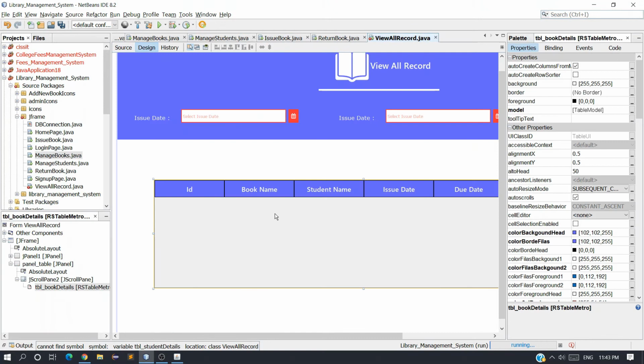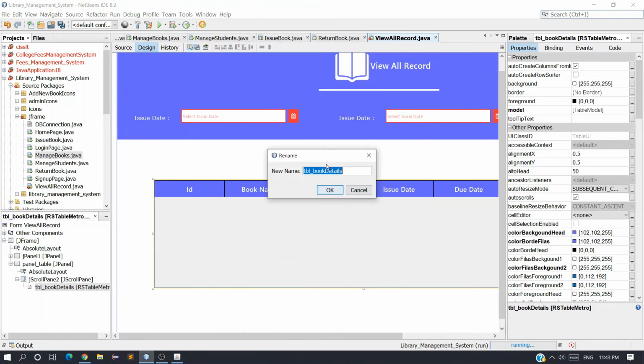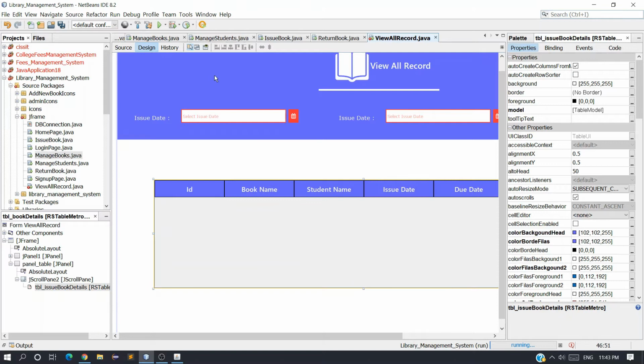And you can see here we are getting errors. Why? Because we need to change the table name. So right click on this table, change variable name, and name it as tbl, and you can just say issue book details, and okay.